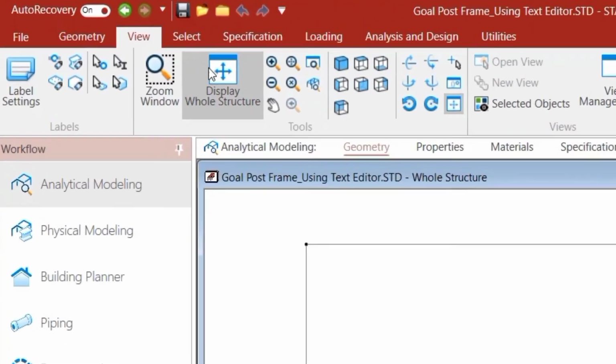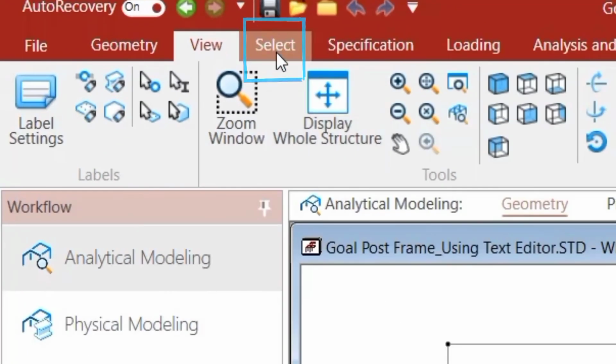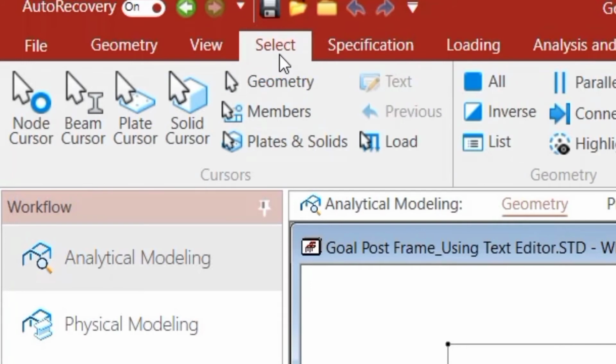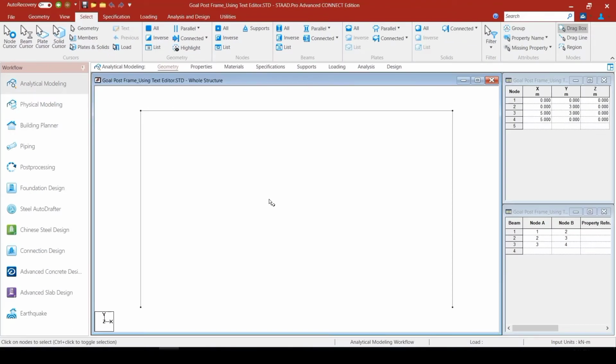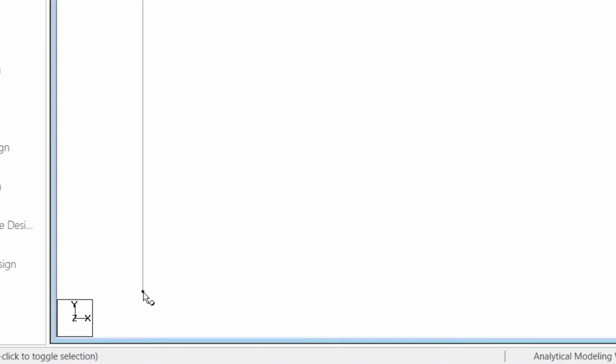For that, you need to go to the select option from the main menu, and from the ribbon menus, you select the node cursor. So click on this and you would see that the cursor on the screen changes. It's like the beam cursor with a little circle at the tail of that arrow, which is the representation of the node cursor. Now if you hold your mouse